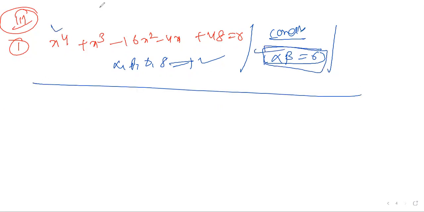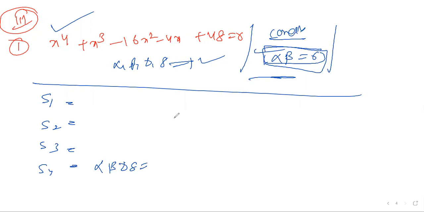You have to find 4 roots. There are no multiple roots, just a simple condition. How do you do it? When they mention a condition, you have to go for S1, S2, S3. That is important. S1, S2, S3, S4. I don't want to go for all because I require S4. I am going for S4 only: alpha, beta, gamma, delta. What is the answer here? Minus, plus, minus, plus 48. Clear? S4 is 48.